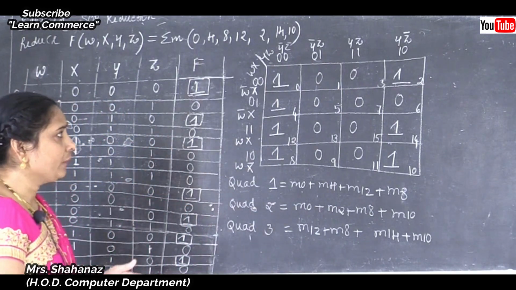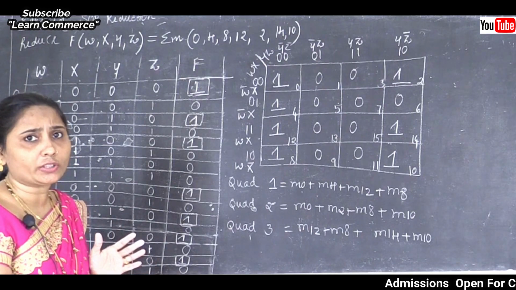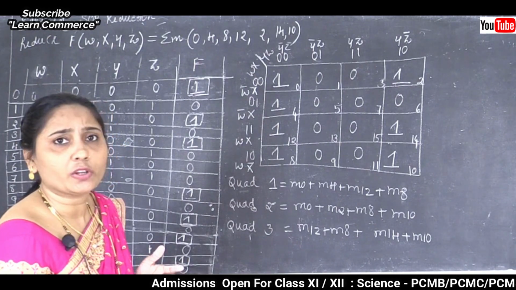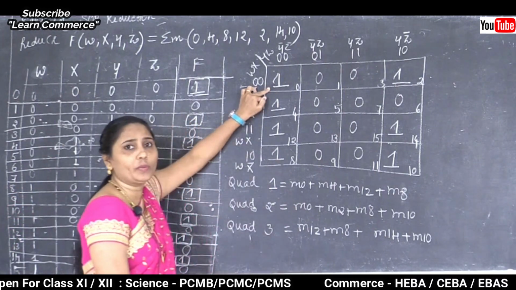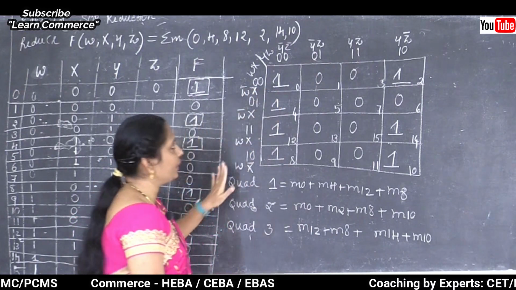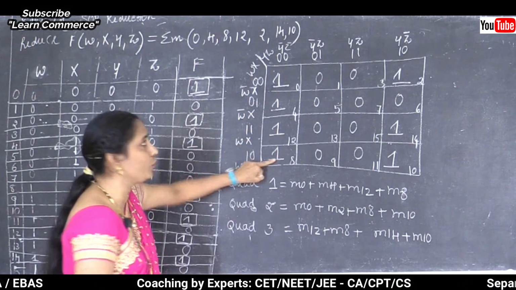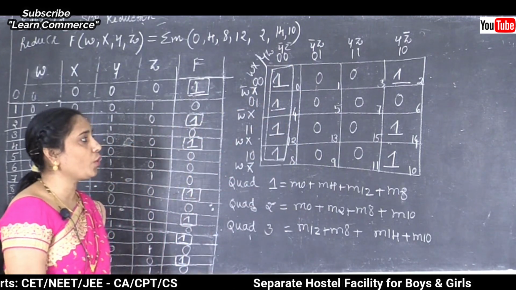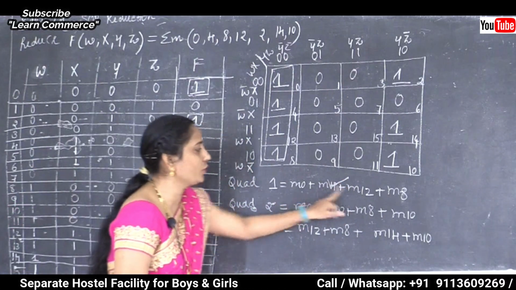Now, when you are going to check whether it is equal to the octet, no, there are no 8 ones together. We can't say it is an example of the octet. Now, secondly, we need to give importance to the quad. We know how many ones we use in our quad group. 4 ones are there. So very simply we can say that 0, 4, 12, 8 is equal to quad 1. Okay. So we already know about this one, 0, 4, 12, 8.